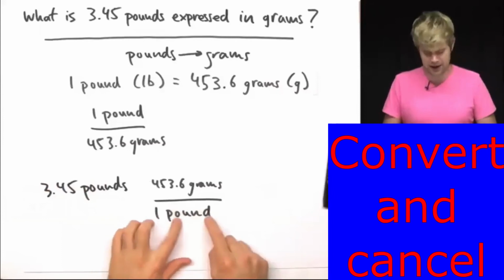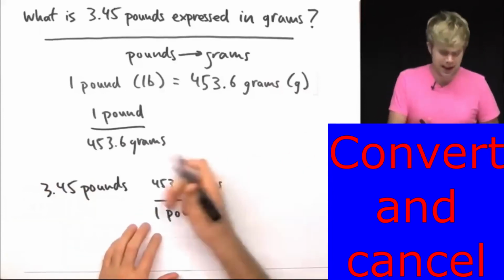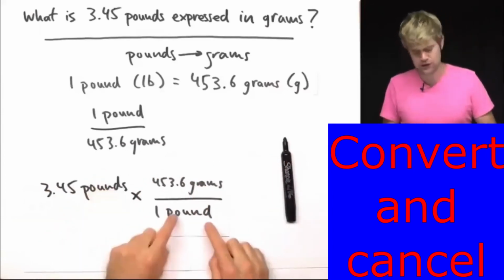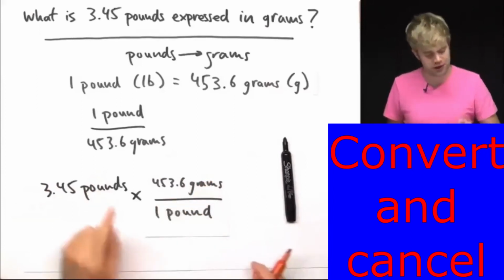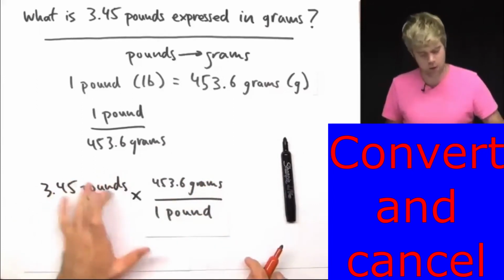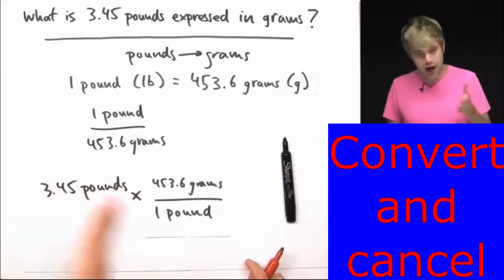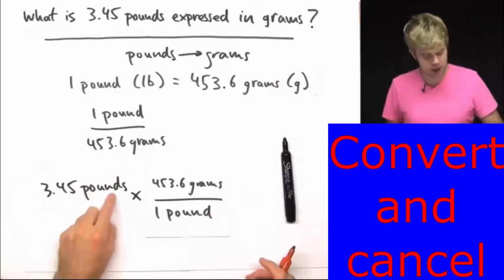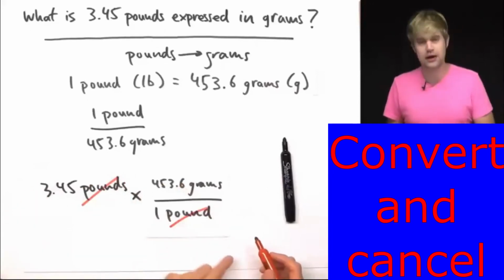Now, on the other hand, pounds is down here on the bottom of the fraction, okay? And when we're using conversion factors, we want to get rid of pounds and we want to be left with grams. And it turns out that if a unit is on the top on one side of the multiplication sign, and then it's on the bottom on the other side of the multiplication sign, it cancels out. So pounds is on top here, pounds is on bottom there, so they both cancel out,